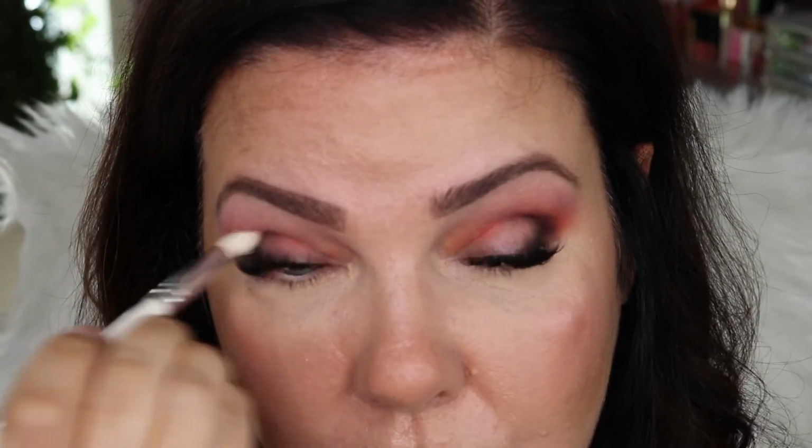Okay, so now I'm going to go in with the JH34. This is the one with the cranberry shade on it, and I'm just going to blend out that darker shade. Okay, so we have used all of the matte colors. So now